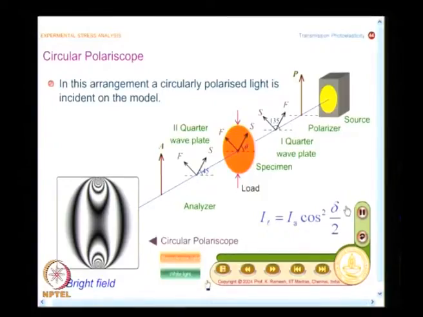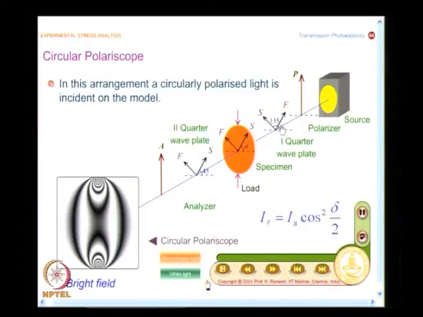So, even without getting into trigonometry, we have been able to logically explain how in a circular polariscope you see only isochromatics, and the dark field and bright field give you physical information which you can interpret. In the case of a plane polariscope, we only use dark field, we do not use a bright field in conventional photoelasticity. Let us look at one more statement.